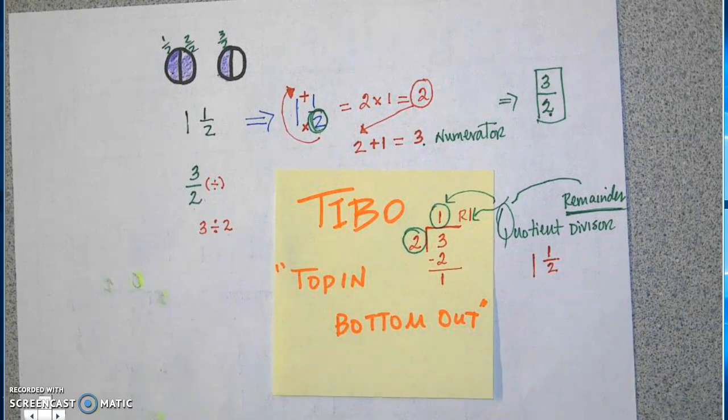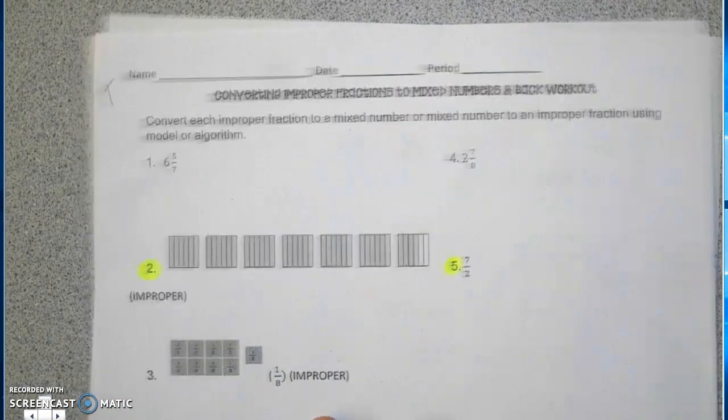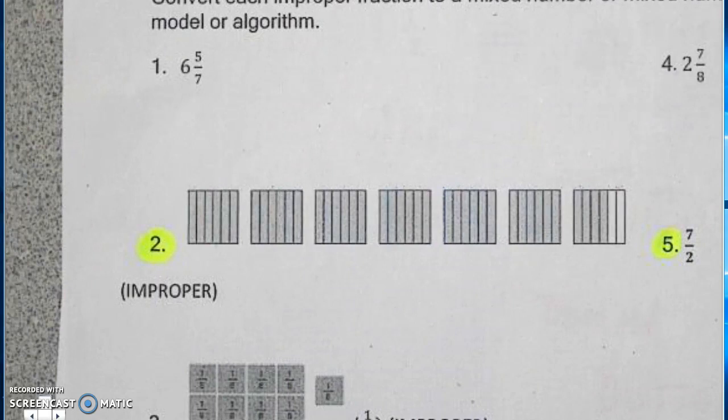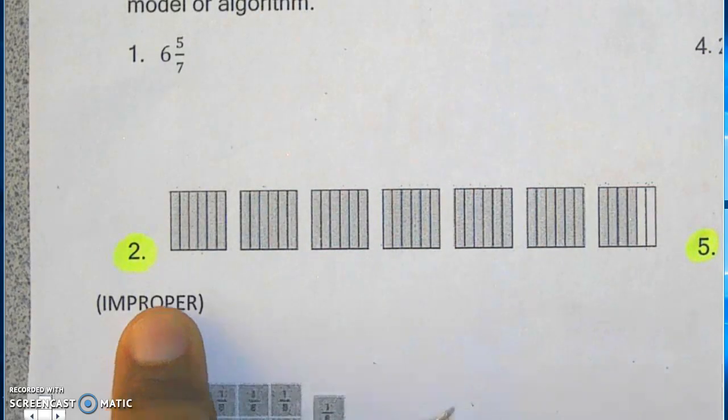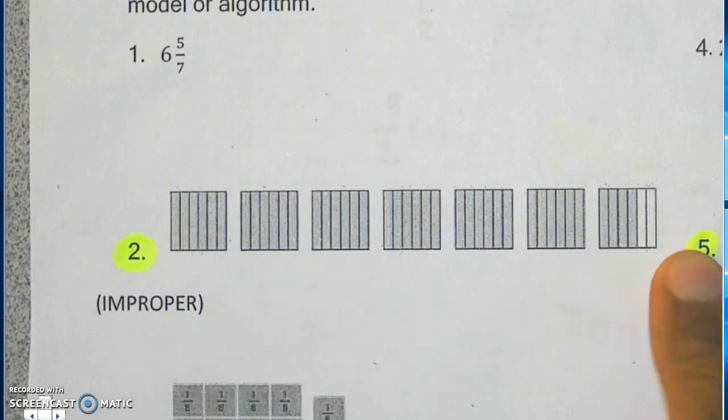Tonight's homework, the children will have a choice. They can use either the algorithm or the model. We would like to focus more on the algorithm. So let's get into our work for tonight. First, we're going to look at problem number 2, which says our answer should be improper. So since my answer has to be improper, I need to look at this model